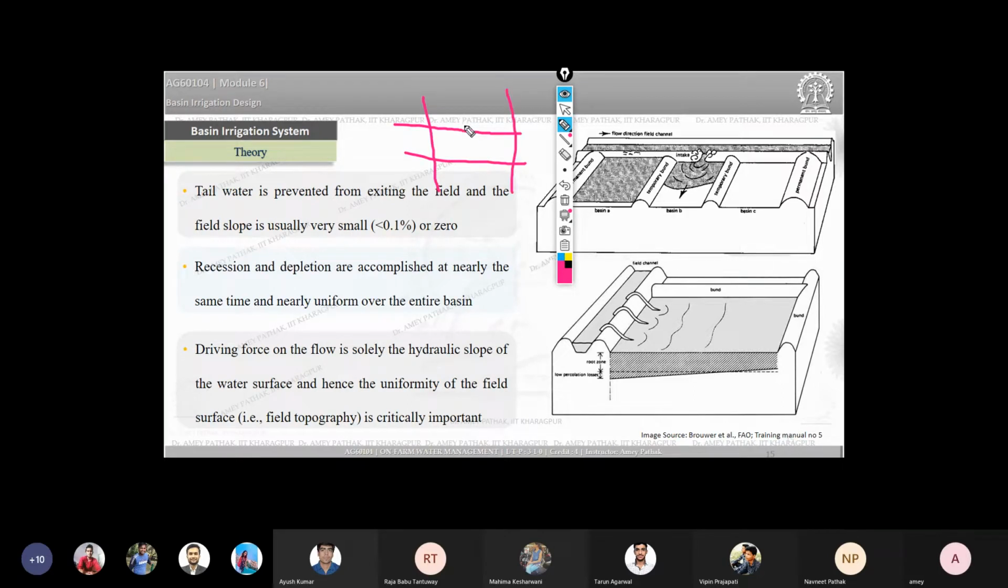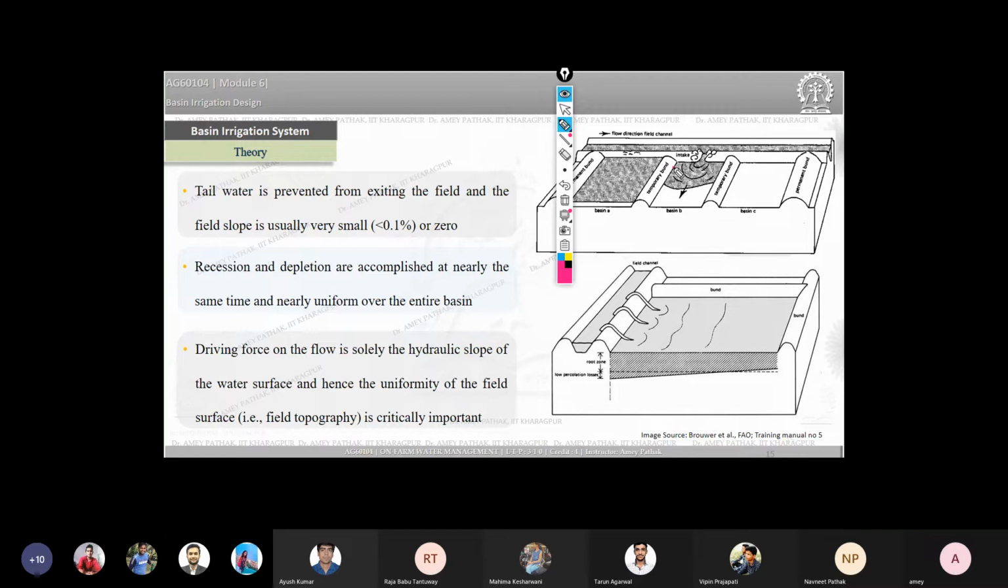Okay, so the slope of this hydraulic surface is actually determining the flow which is advancing. So the driving force on flow is solely the hydraulic slope of the water surface. Hence, the uniformity of a field is critically important because